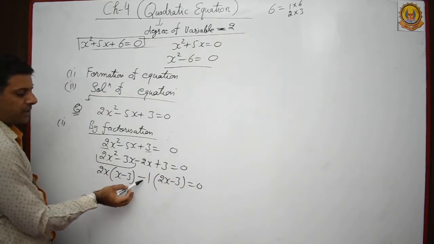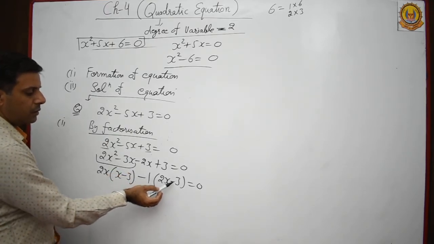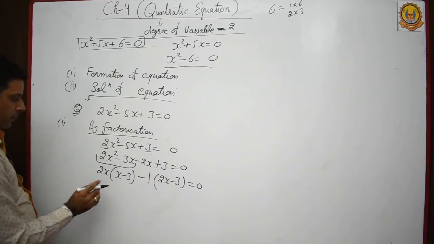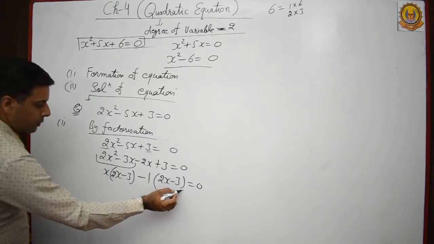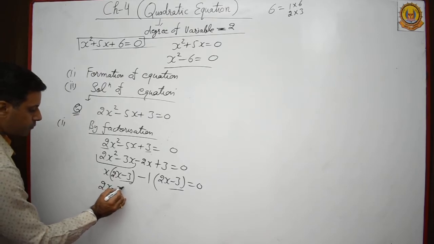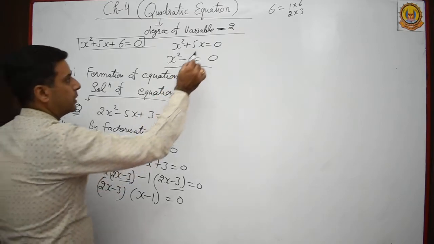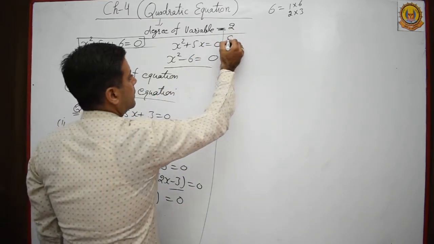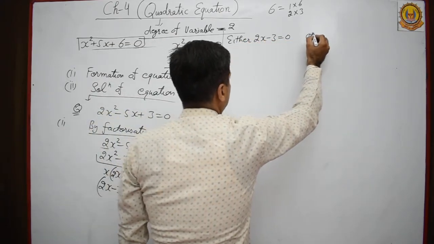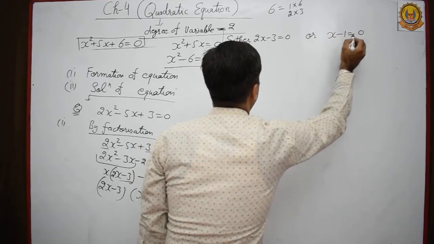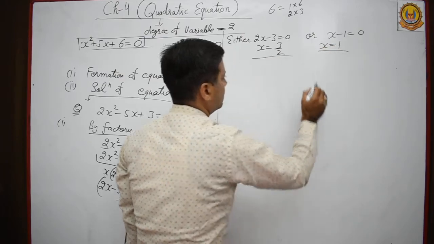Whatever sign is there, you have to take this sign here. And if minus is there, so inside sign will be changed. If plus is there, no sign will be changed. Clear? Here, not 2x, x is there. Here 2x minus 3 is there. Now 2x minus 3 is the common factor, and here x minus 1 is left like this. So it means put either 2x minus 3 is equal to 0 or x minus 1 equal to 0. So here the value of x equals 3 by 2, and here the value of x equals 1.